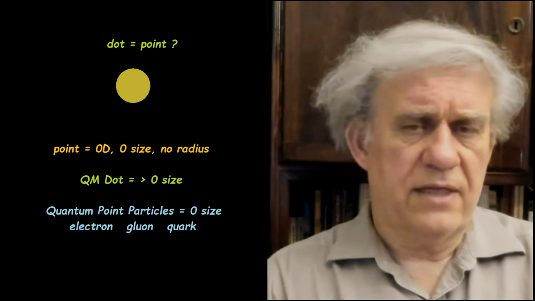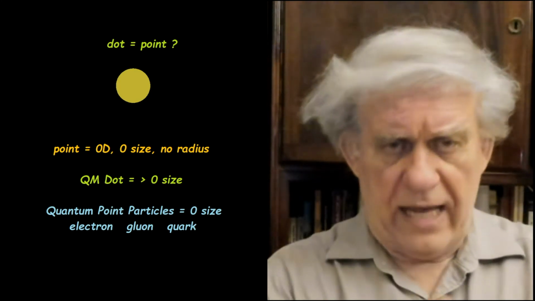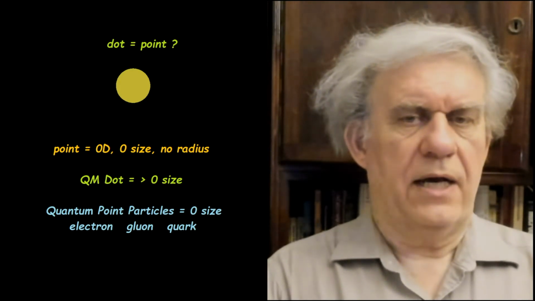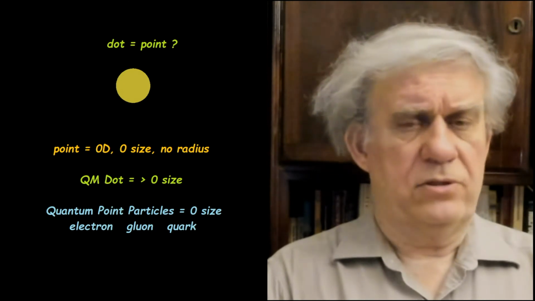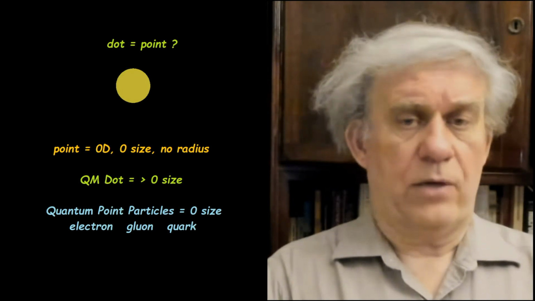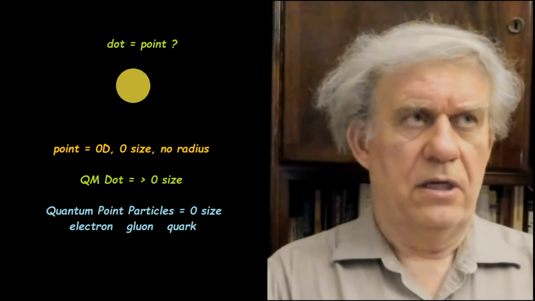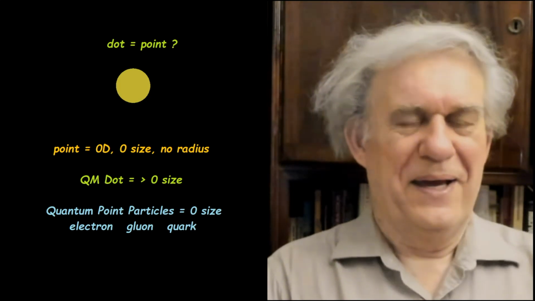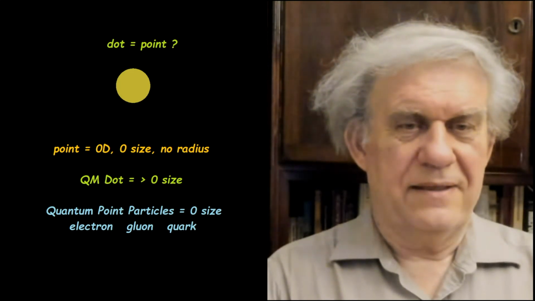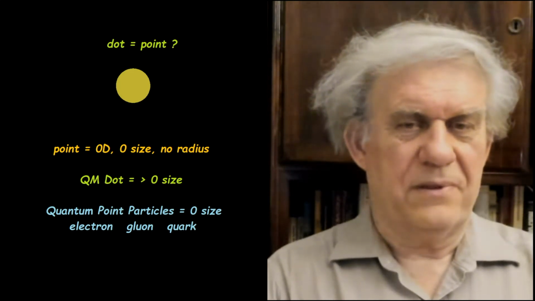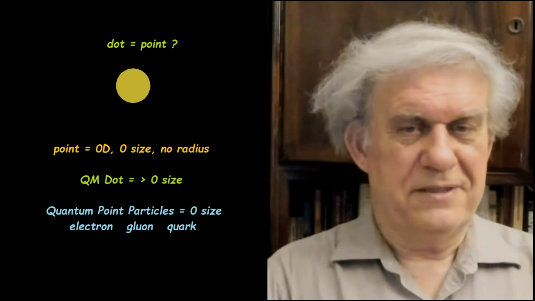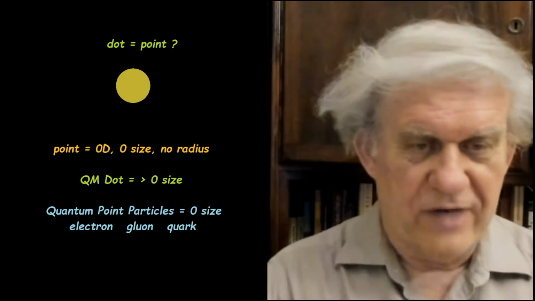So one of the issues you've got to think about today: why do they put the adjective quantum? Why do they call it quantum dot? It could be a dot, but certainly not quantum. I mean, this could be a classical dot, but not a quantum dot. You cannot explain quantum mechanics. And here, as you're going to see, we're going to be able to explain the classical part, but what we're not going to be able to explain is the quantum part. Okay, so let's move on here.